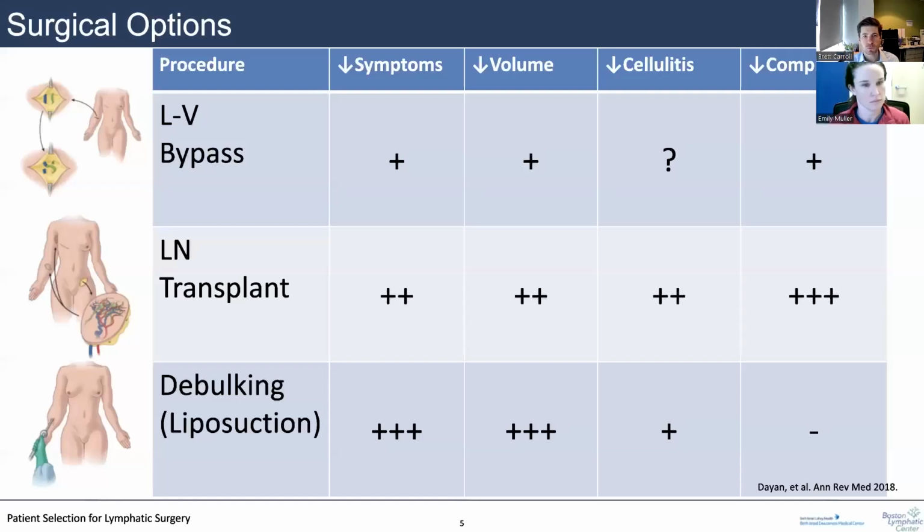Go to the next slide, Emily. So just a basic overview of when we're talking about surgeries, what are we offering? And the goal of this is not to go into the nitty-gritty of each surgery, but rather to have an understanding of what the potential options are. So we're going to put them into two buckets. So your physiologic procedures, your LV bypass, lymphovenous bypass, and lymph node transplant. The goal of those is to improve the lymphatic function and decrease the fluid in the limb. The second bucket is the debulking surgery, primarily liposuction, and that is to remove that fat that's accumulated